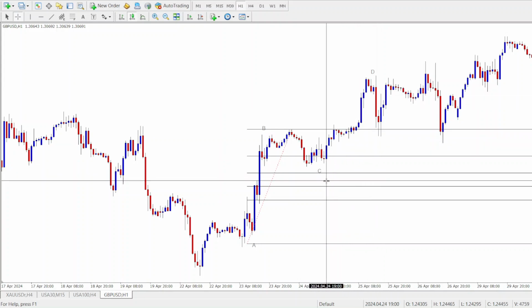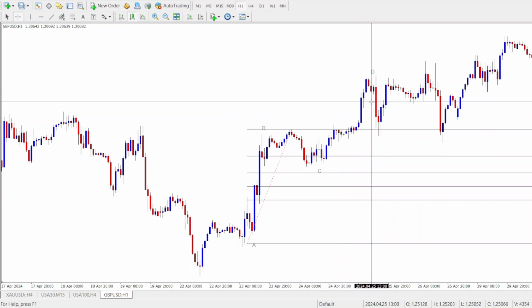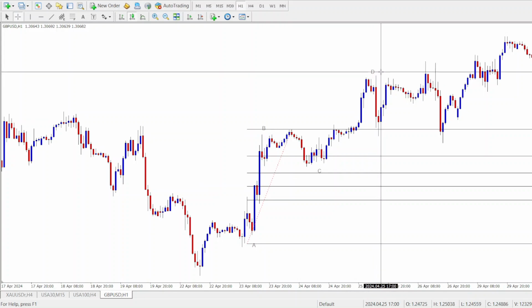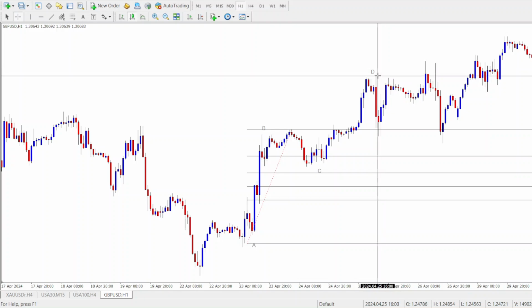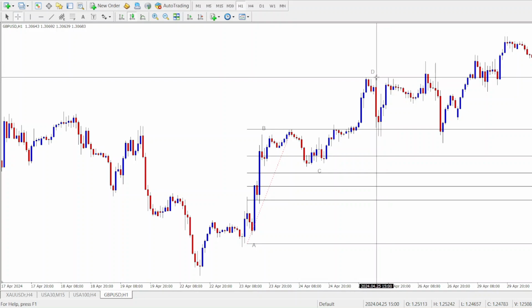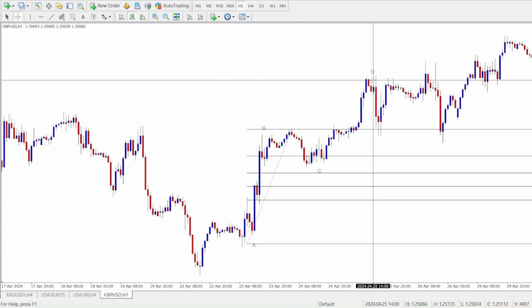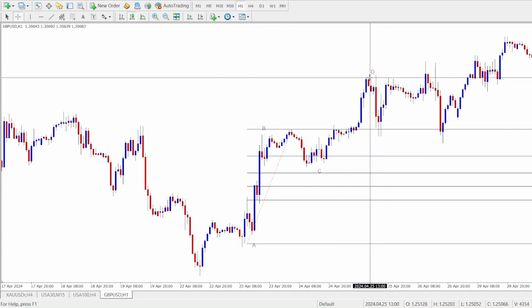That is if you want to trade the CD leg, right? Okay, now point D is usually the reversal zone. When the price reaches D, it's a signal that the market may reverse again. Now, this is a potential entry trade for those who like trading counter trend, right? If you want to trade trend reversals, you might want to be targeting entering a sell right after point D